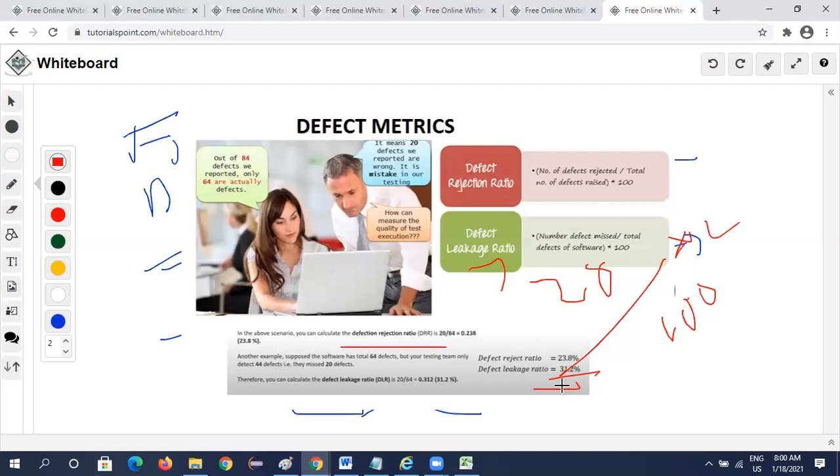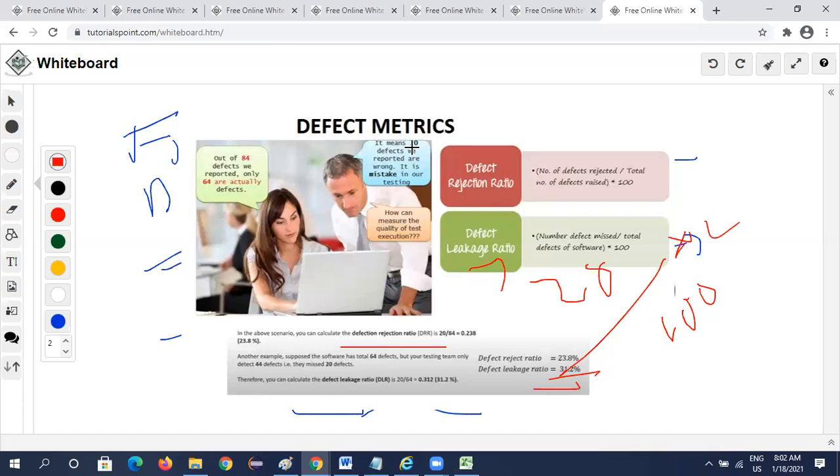Okay, so this is called the defect leakage ratio. Now, in defect metrics we find out the rejection ratio, and they prepare complete metrics.